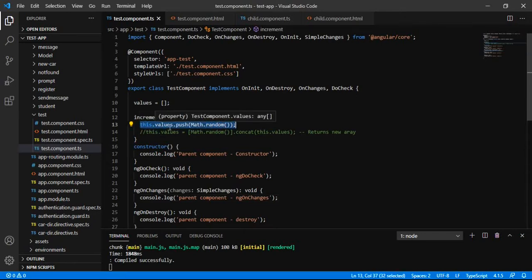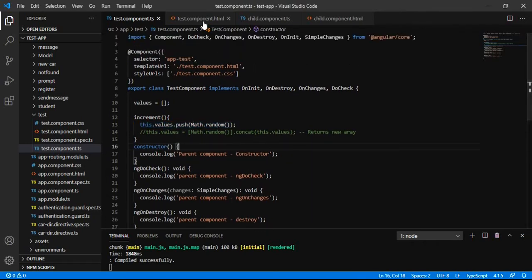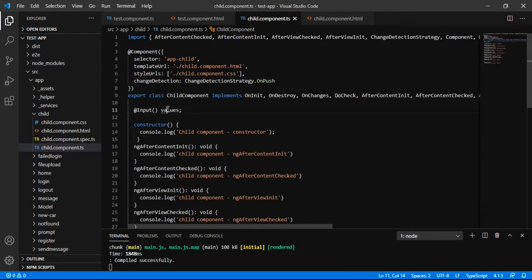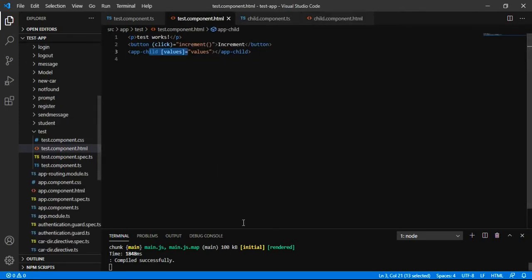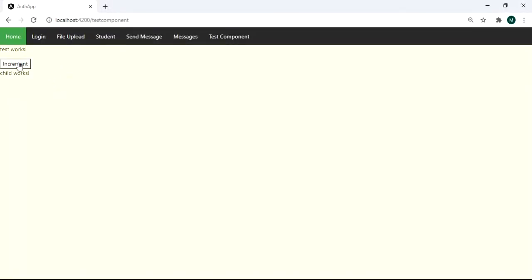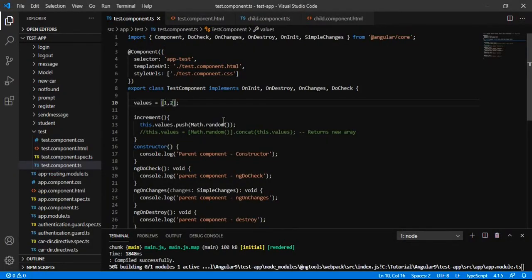So we are here passing the value directly with the help of the push method. So we have mutated this object, and let's see whether it is changing the value in the child component or not. Let's see whether it is displaying the values that we are passing from parent to child. Let us add some default value that will be reflected on the very start.